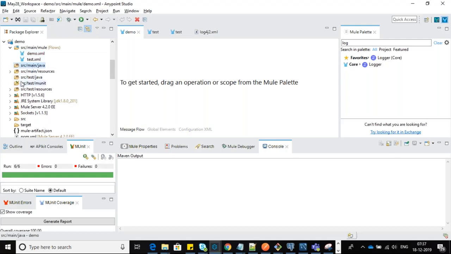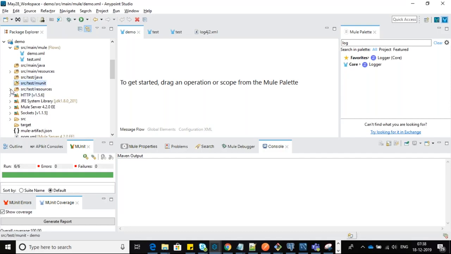In our test cases, usually MUnit tests, if you need some Java class for MUnit, you can write it under src/test/java. So src/main/java is specific to your main flows, and src/test/java is specific to your MUnit flows.